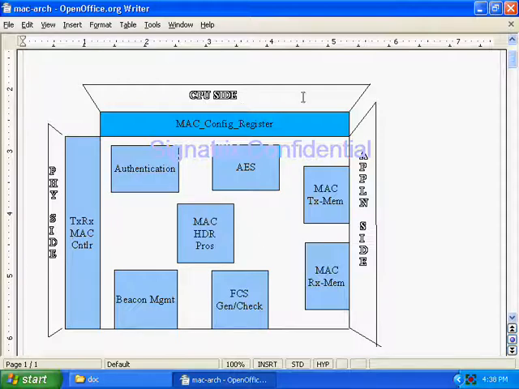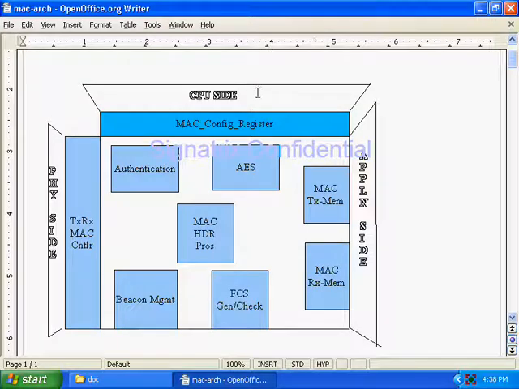And on the CPU side, the CPU will come and configure my registers. I kept one module named the MAC config register module. In that I kept so many configuration registers. So the CPU will come and configure me, so that I will work according to that. What type of configuration will happen there? For example, suppose the destination address. For this device one address will be there.